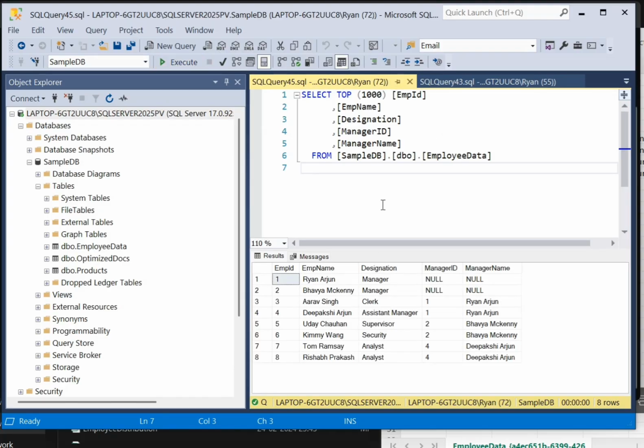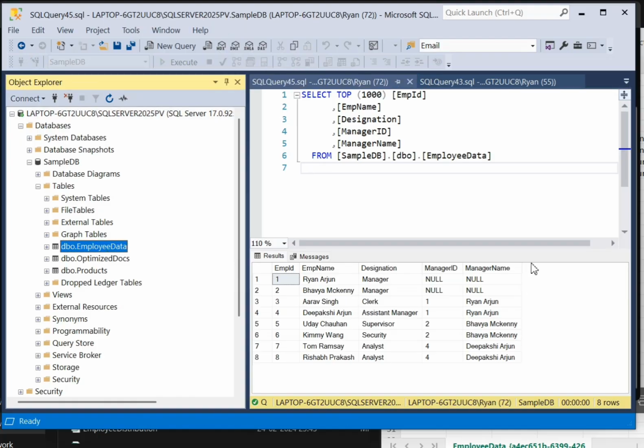Here you can see the data is inserted in my SQL table within seconds. So here what we have learned is that by using the BCP command you can upload a very large volume of data,